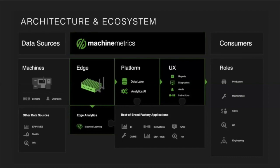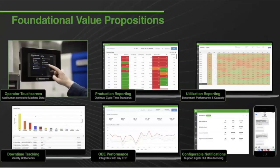This data, our platform then feeds back to manufacturers and other consumers within the manufacturing lifecycle in ways that drive significant value, all the way from the shop floor to the C-suite, enabling what many people call digital transformation. Some of the ways that we drive value for our customers include operator touchscreens that allow adding human context to the machine data that we collect, production reports, allowing them to optimize cycle time standards, utilization reporting that allows our customers to both benchmark and baseline their machine utilization and capacity,